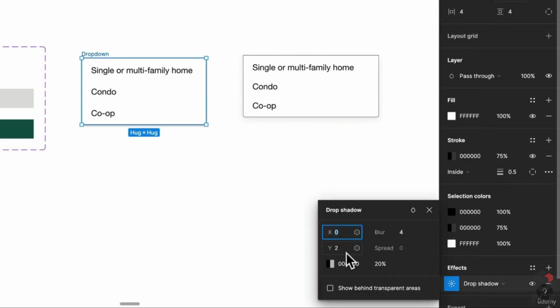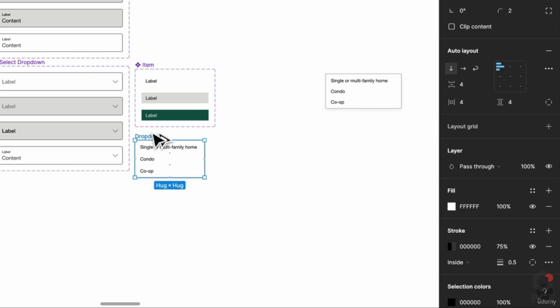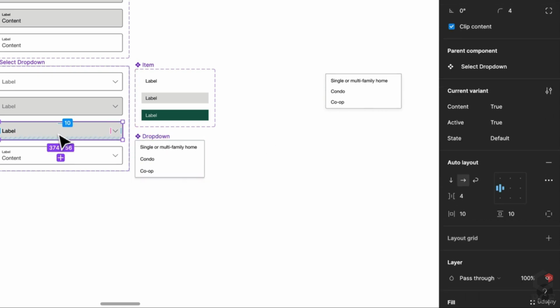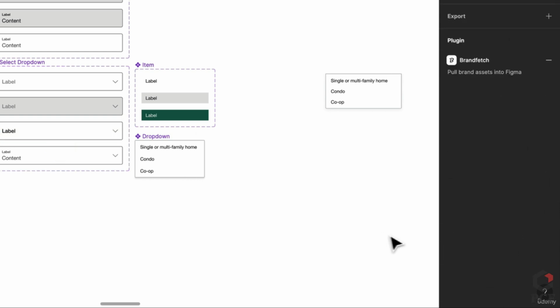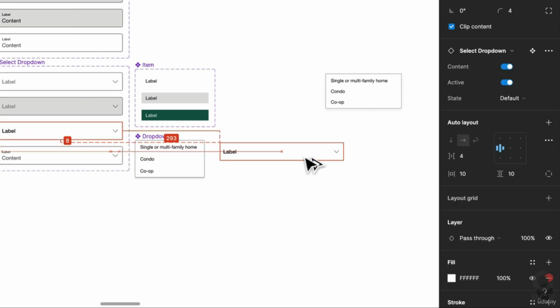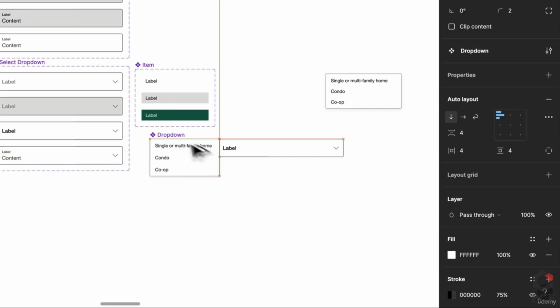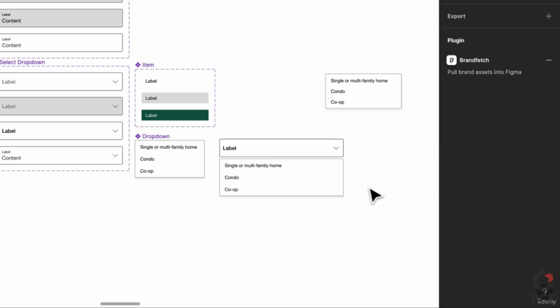So I'm just messing around with the fill settings here. And there we go. We have our little drop down. So what's going to happen is when this one doesn't need a fill like that. When you hover and you click, it'll show up like this. And then